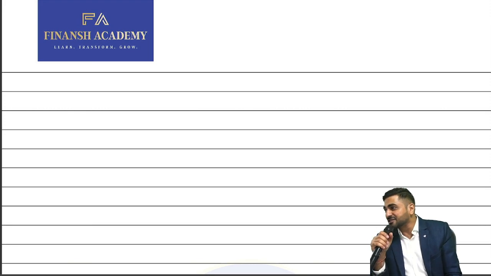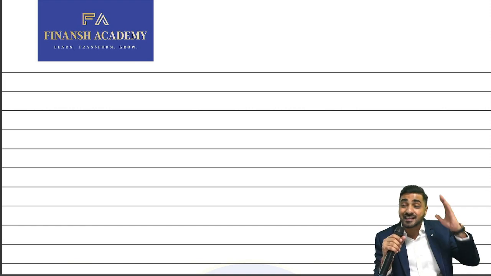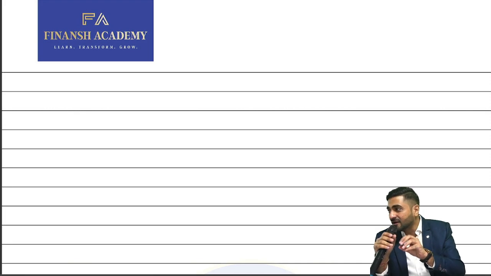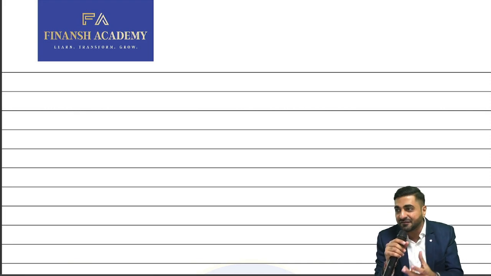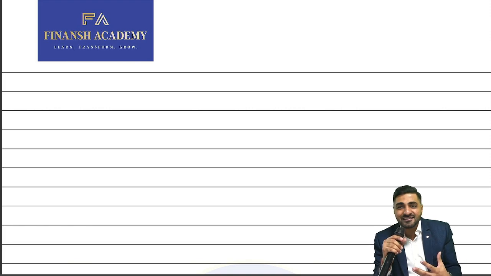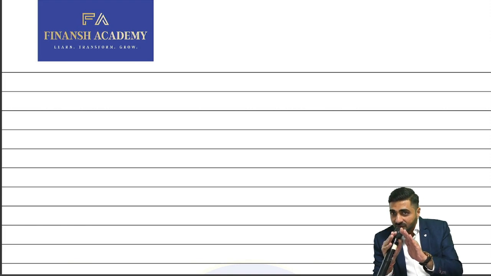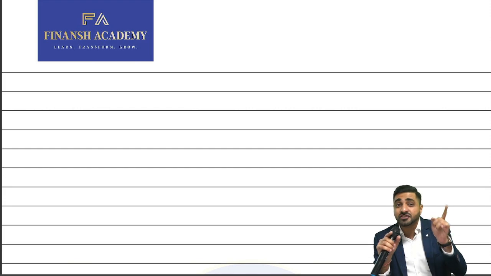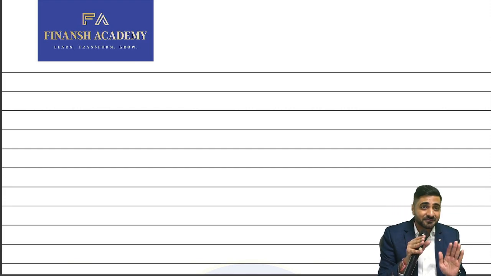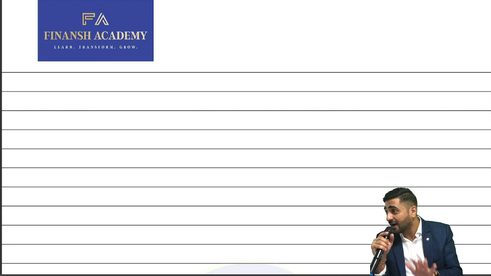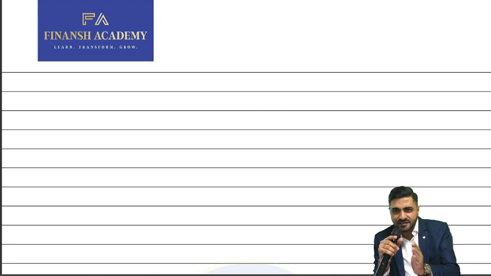Now, when it comes to ratios, I know the biggest problem is that right now you'll be able to understand it, but in examination, which ratio to apply when and what should be the constituents of that particular ratio becomes difficult. So today we'll be sorting that out. That's why, first of all, I have classified 37 important ratios in ratio analysis. So how many ratios are we going to study today, beta? 37. Okay. So 37 ratios we are going to do today, and of course, some questions based on that.